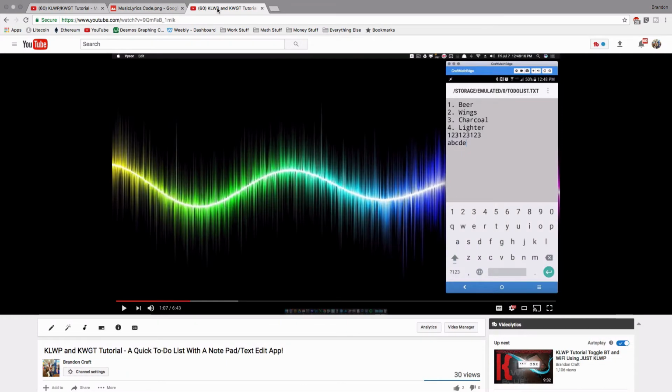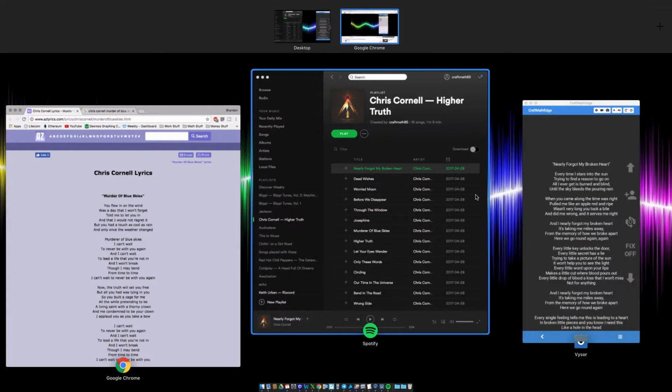And then something else you also want to check out, just about an hour or two ago, I did post a video on using a Notepad and a text edit app where we can create a to-do list where we're going to use this same text edit app to correct the song title or to correct the artist name. And the way I have it set up, we're going to type in the song title and the artist name. It's less coding, and ultimately it's just a little bit of typing you have to do, and just like that you can get your lyrics. Granted, they match azlyrics.com. Now let me go ahead and show you what I'm talking about in this tutorial.